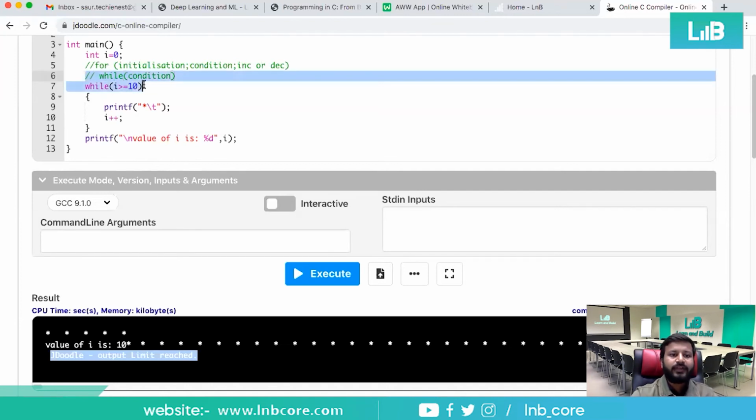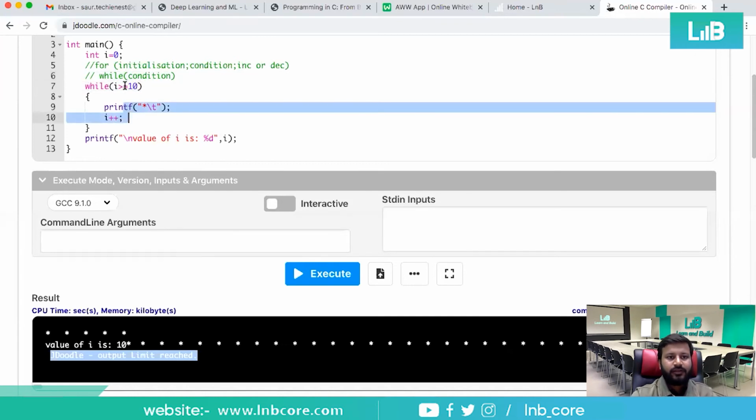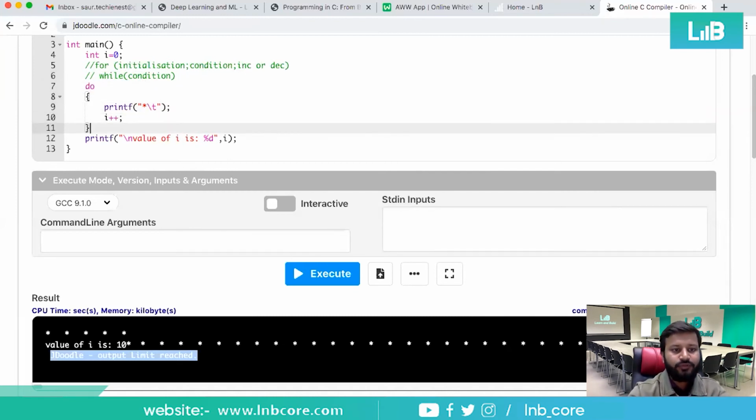While requires a condition, and suppose I use greater than or equal to. You have to satisfy this condition, then only this will print. But what if I cut from here, change it to do, and use while here?